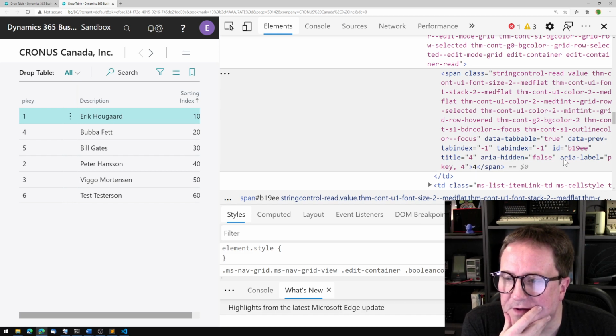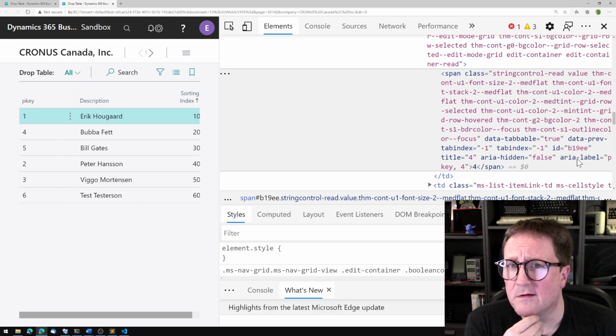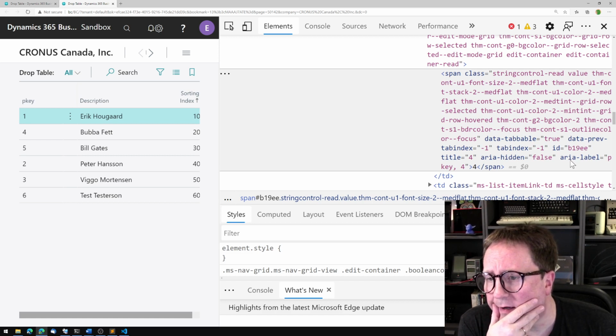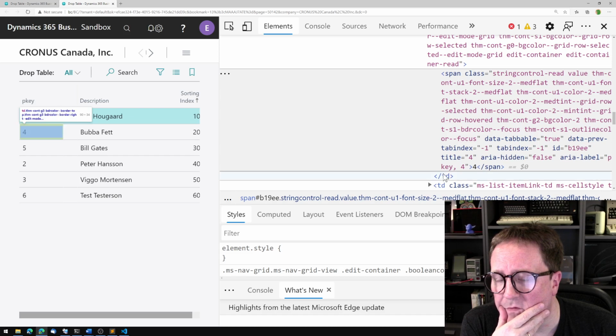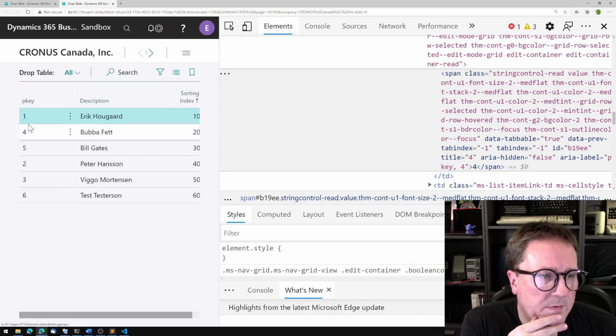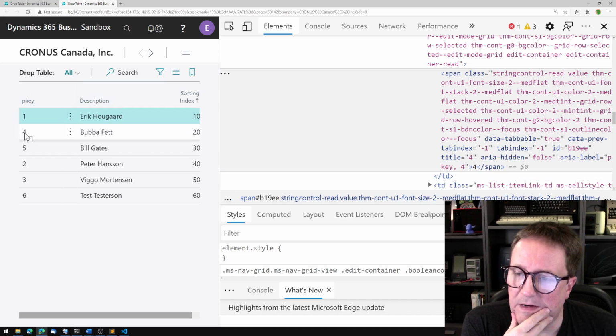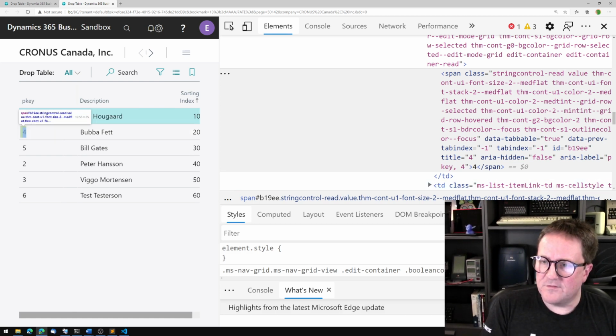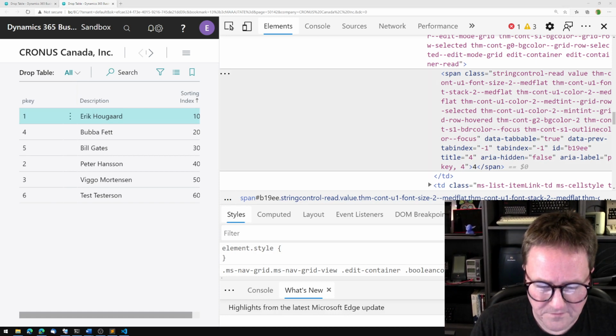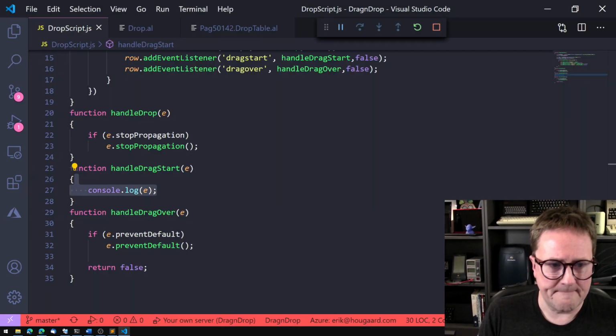But we can also see that there's an area, like the Disney princess Ariel. No. Called P key, comma 4. So that's actually my label up here, comma, and then the value. So let's try to grab this guy. And this is in a, so we can actually use our friend, the,